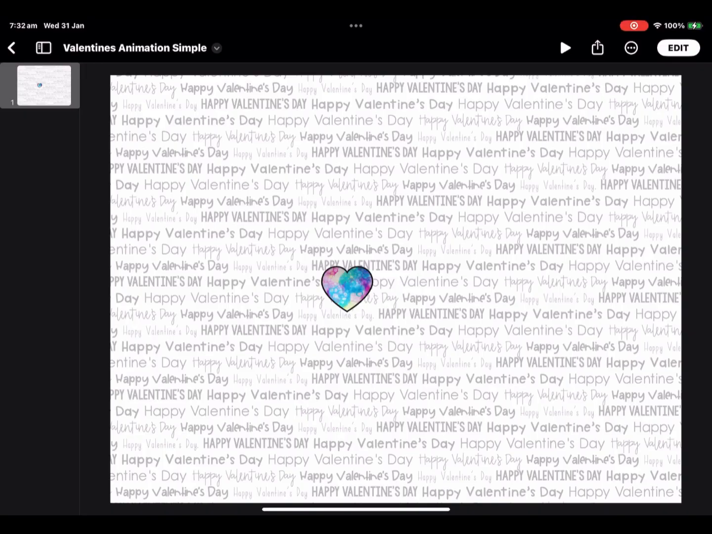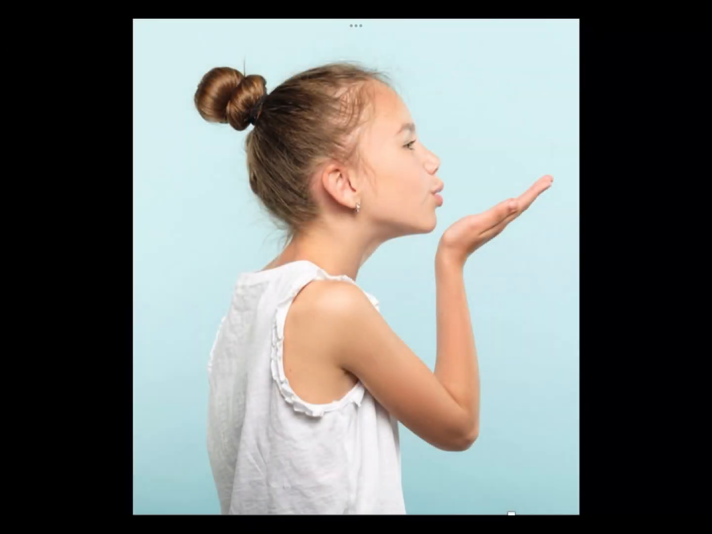For this project, you're going to need a copy of this Keynote deck that's called Valentine's Animation Simple. It's titled Simple because it already has the hearts included on the slide and they've already been formatted with the animations. You will also need a photo of yourself or your students doing this pose as if you're about to